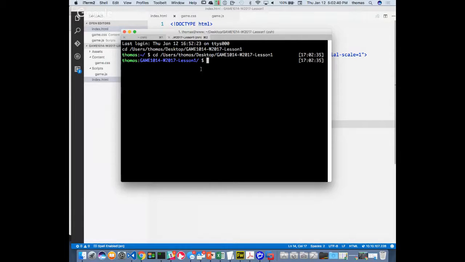So I'm already there. I don't have to do any CD commands locally in Windows. I don't have to go CD, Thomas, users, desktop, to my project. I don't have to do that. It automatically takes you there. This is one way of doing it. If you're not using Visual Studio Code, however, and you need to go into your project to create your Git repository for the first time,